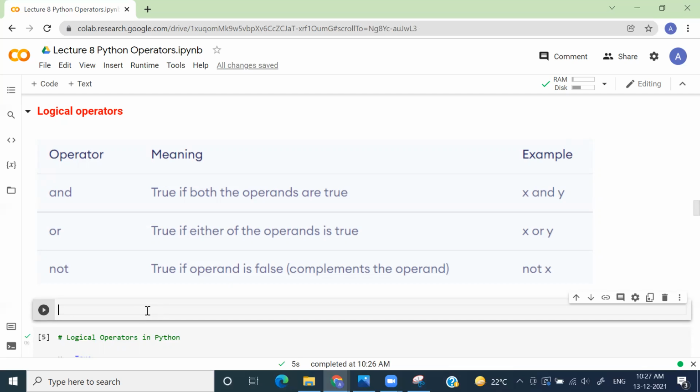Because the joy of eating ice cream is only when it's sunny, when it is hot. This is the first condition. The second condition is whether you have got money in your pocket, right? So if both these conditions are true, in that case only you will be able to eat ice cream, right?